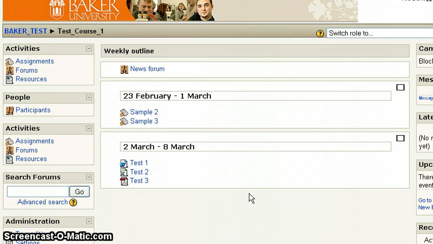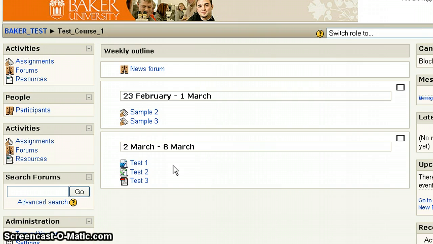In this tutorial, we're going to look at how to create a directory of files. The idea behind creating a directory of files is that if you see here in this test course, I have 3 separate files laid out right here. But in order to maybe conserve space, or if you have files that relate to one another, or a particular assignment that has multiple files that associate with it, we can link to a folder from the interface that looks a little cleaner and categorizes items together for students, make it a little easier for them to